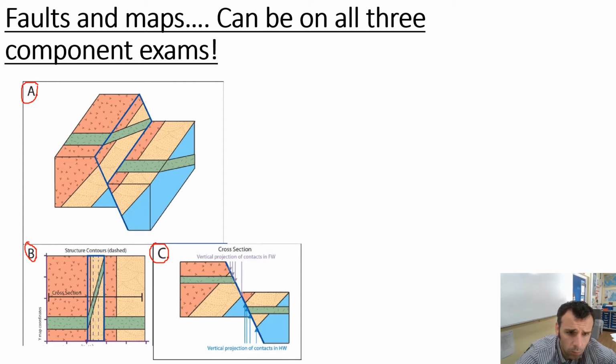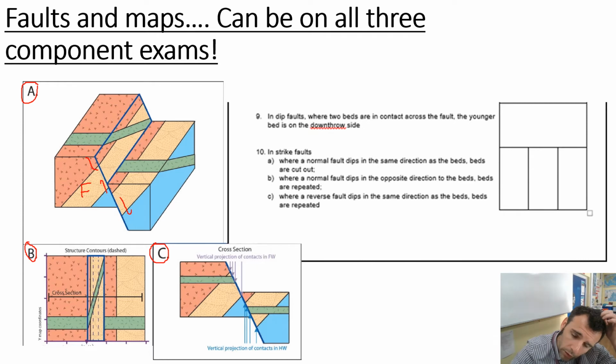You can clearly see that we've got movement along our fault plane. This is the largest angle, so this is the footwall, and the footwall in this case has moved up, and the hanging wall has moved down. So this is a normal fault. Now, to help us interpret this, we can think back to the rules that I gave you when we were looking at our map skills, and what it says is that in dip faults, where there are two beds in contact across a fault,